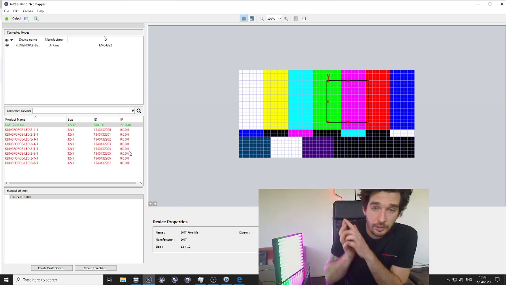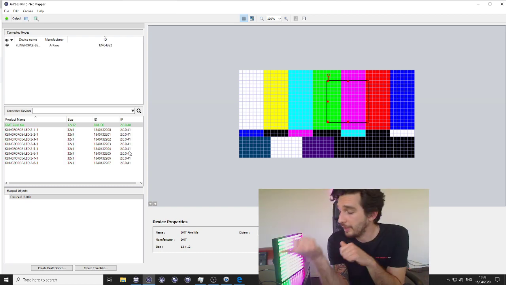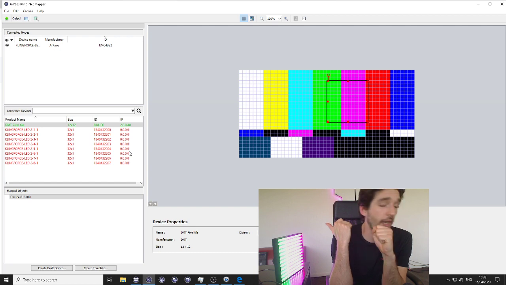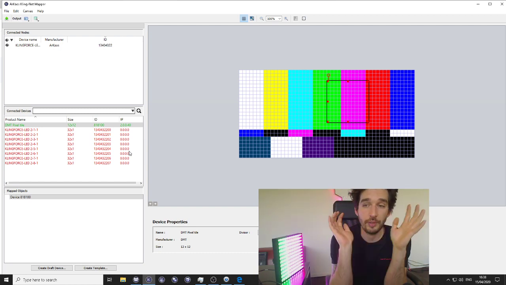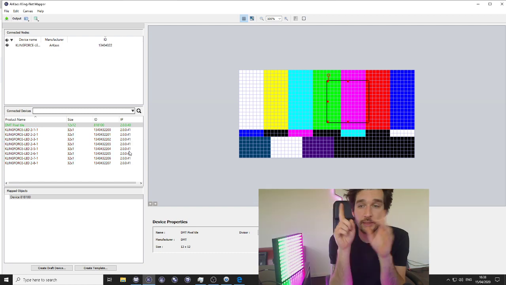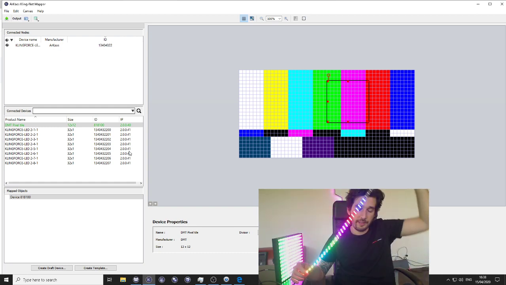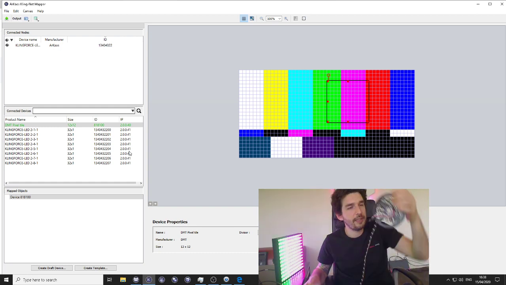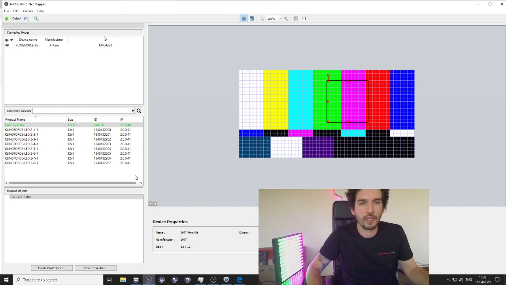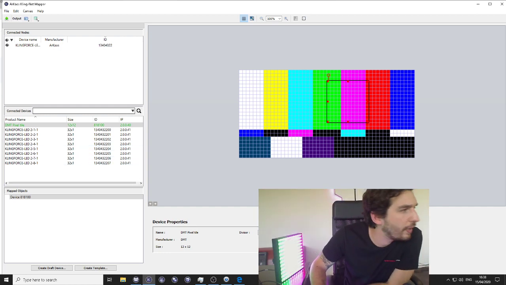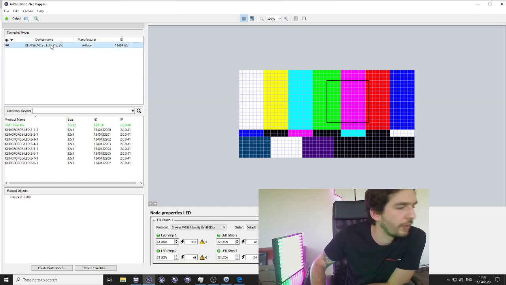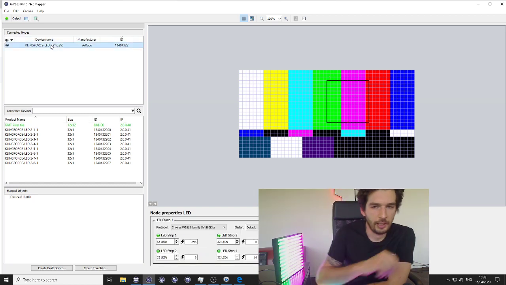That fixture is running Texas Instruments drivers with a Linux stack on top of it, so it's a pretty powerful system. And you see, it already found my system, and I already have some pixels running right here.